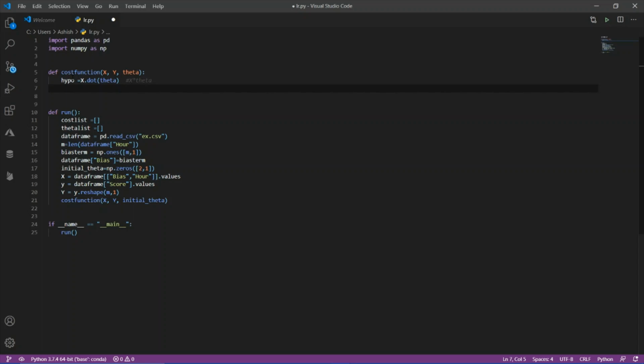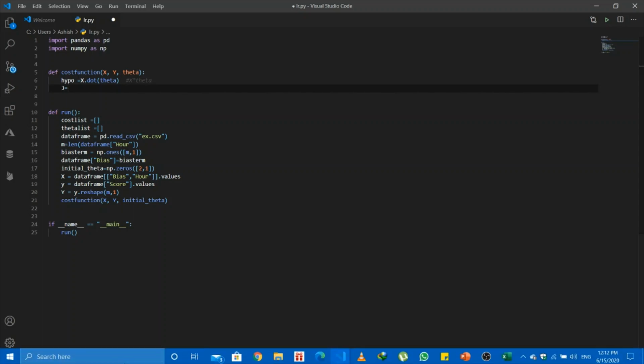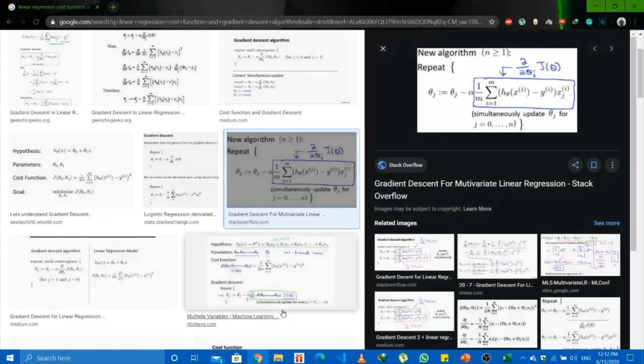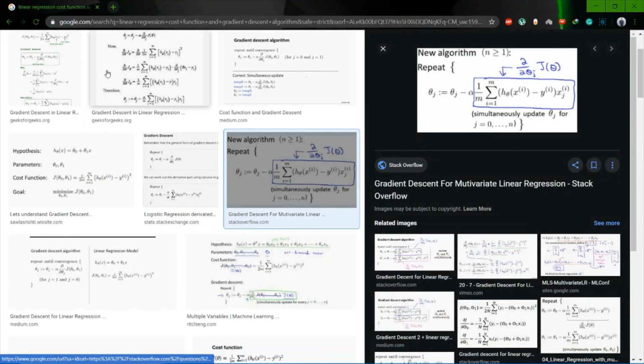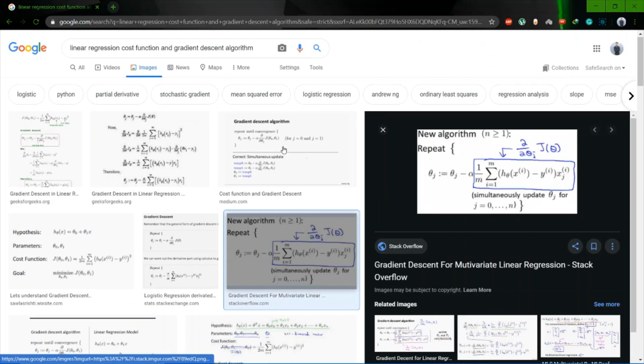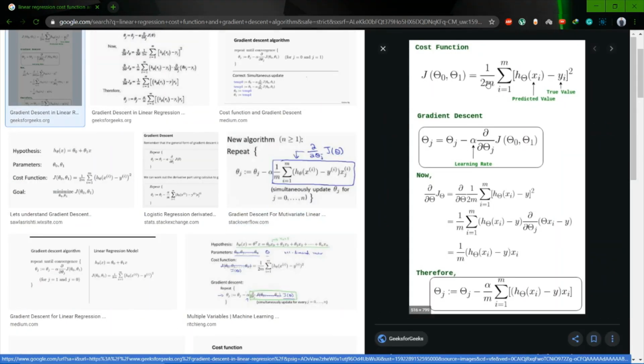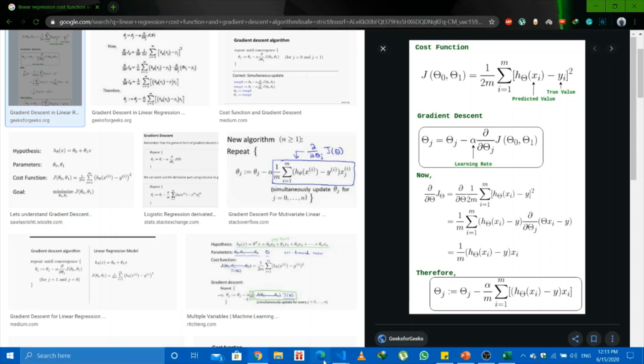Now I'll define my cost function. So my cost function is defined as 1 by 2m summation of hypothesis minus my actual value of y to the power 2. So let's define this thing.